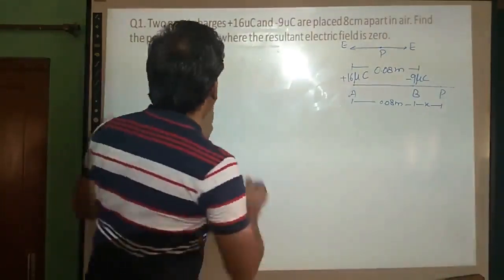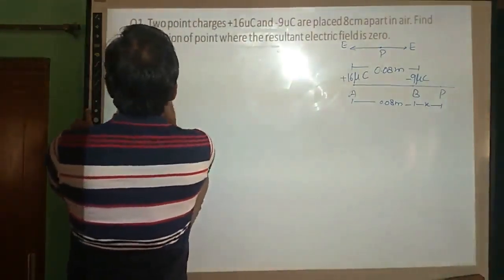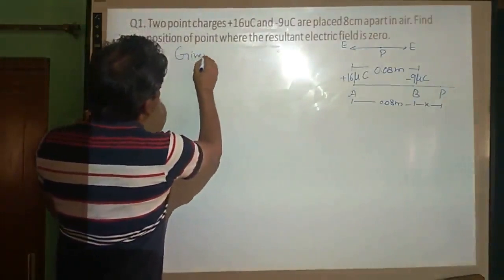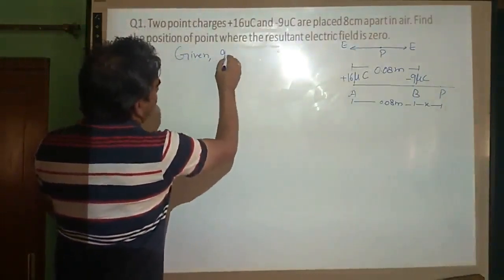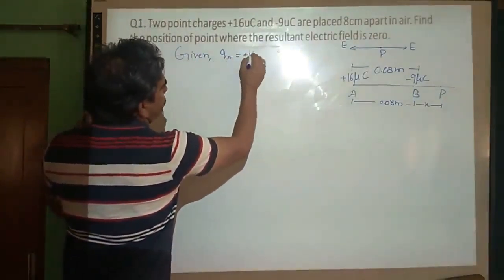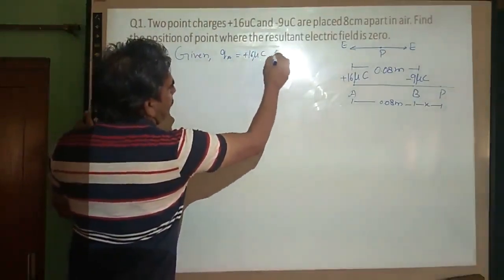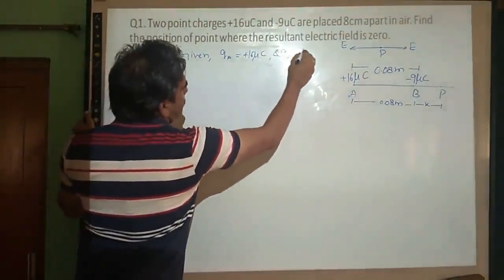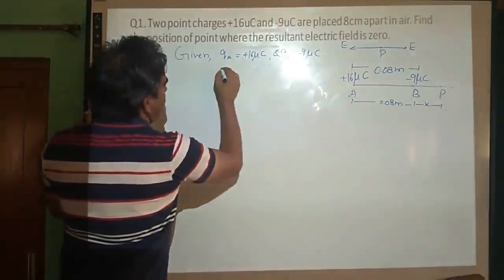Let us start with whatever is given. You can write here QA, which is plus 16 microcoulomb, and QB, which is minus 9 microcoulomb,